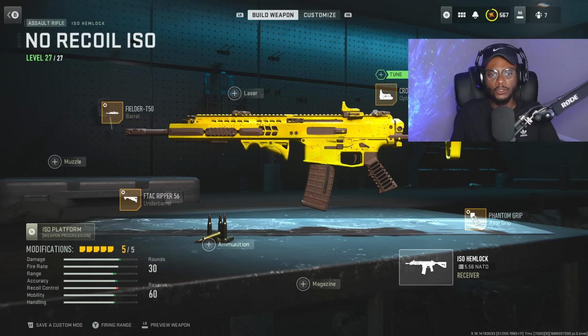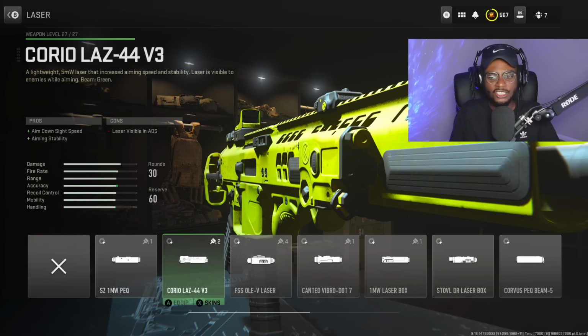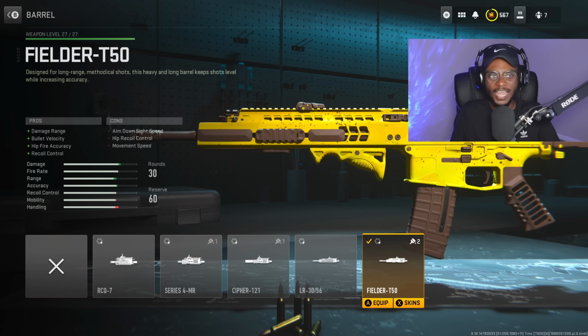Now, unfortunately for the tuning, we are unable to tune this attachment or any optic on the ISO Hemlock because it is going to make the aim down sight speed slower, and we don't want that to happen. So we're going to skip over this, just equip it, and you're good to go. We are not running a laser. These are not going to help us out, but we are going to rock a barrel, and the Feitler T50